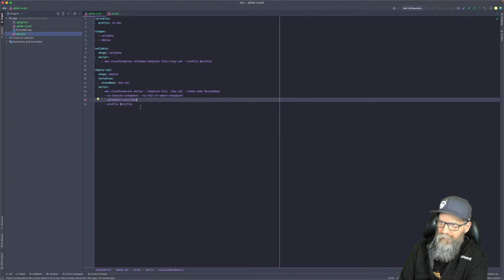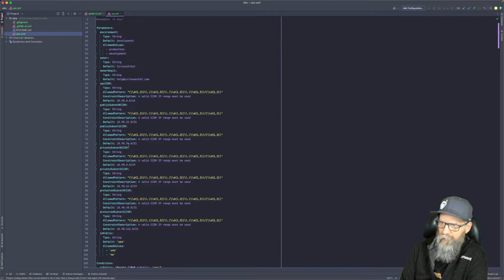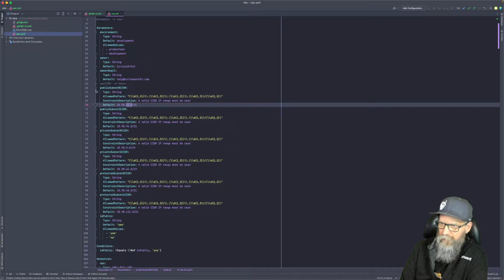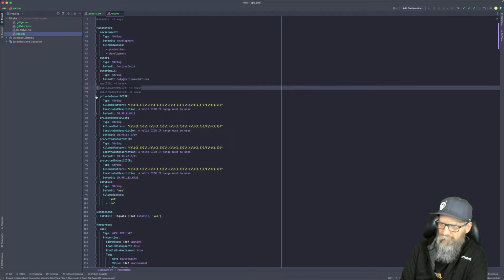So, really simple start here. We need a bunch of parameters passed into this template. What I'm thinking is I'll just leave the defaults for now. It doesn't really matter in this environment, so we don't care about any of these parameters. We'll leave those all